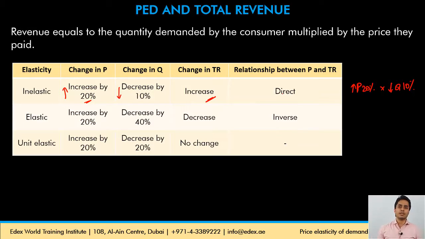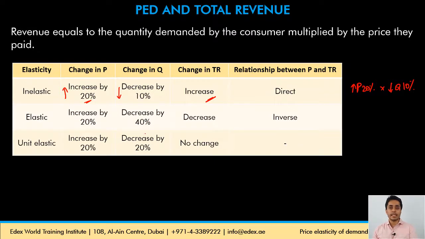Examples of such products could be tobacco, alcohol, or any other product with an addictive nature, or products that are necessities that people have to buy. In such cases, producers can increase their overall revenue by increasing the price of the product. Producers will never try to decrease the price because they know that they will lose out on the total revenues if they decrease their price.